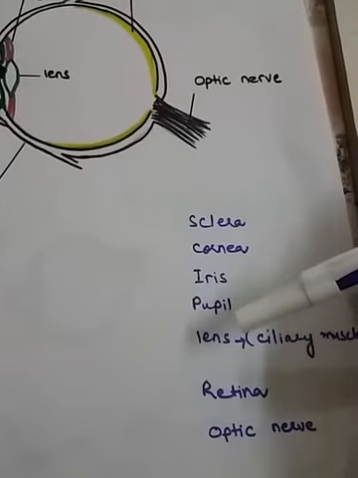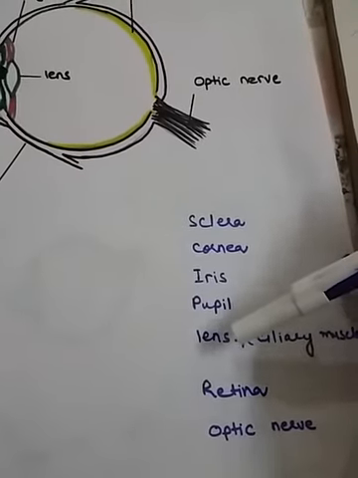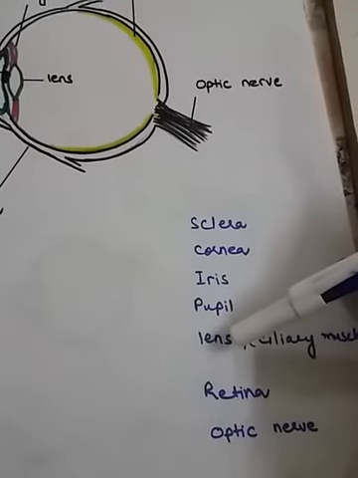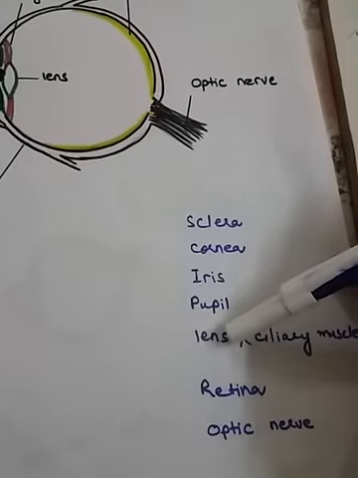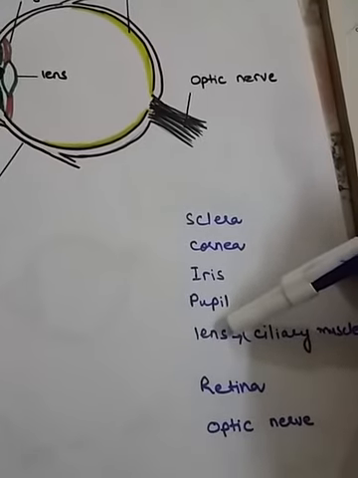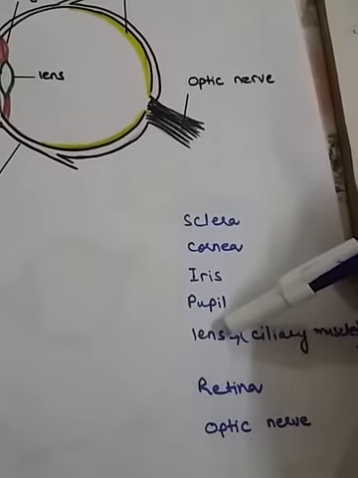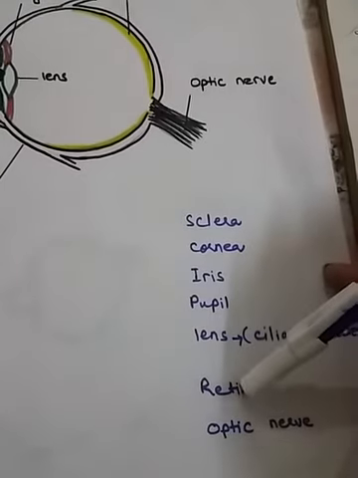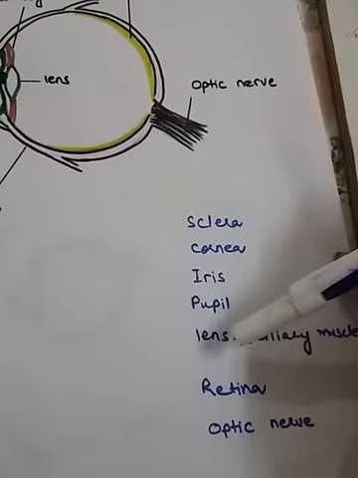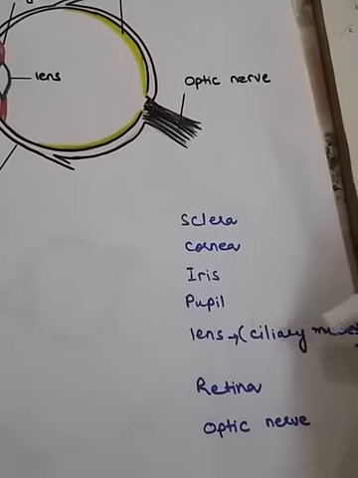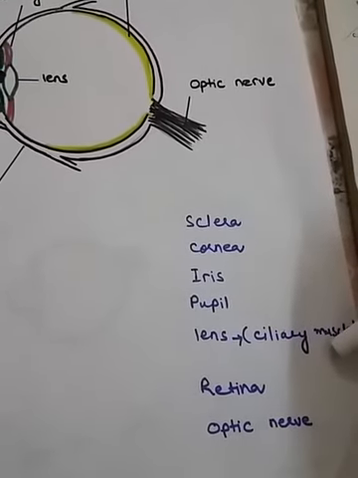Now behind this there is a lens, and this lens is the eye lens, and it is a convex lens, and through the convex lens we can get a real and inverted image on the retina, and this lens is contracted and relaxed due to these muscles, the ciliary muscles.